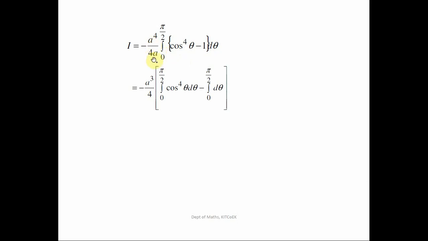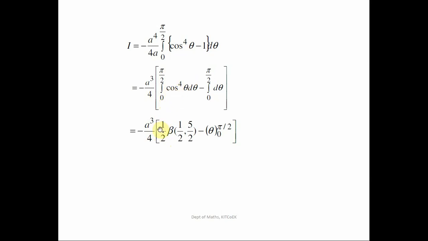A raised to 4 upon 4a, that will become minus a cube by 4, one factor a gets cancelled. First integration is, or the first term is 0 to pi by 2 cos raised to 4 theta d theta, minus second integral 0 to pi by 2 d theta. This first integral, now we will see that it is in the standard form of the property of beta function, 0 to pi by 2 sin raised to p into cos raised to q. As the factor sine is not appearing here, we can consider its power as 0. So by using that property, this integral can be expressed directly in terms of beta function. So minus a cube by 4 into